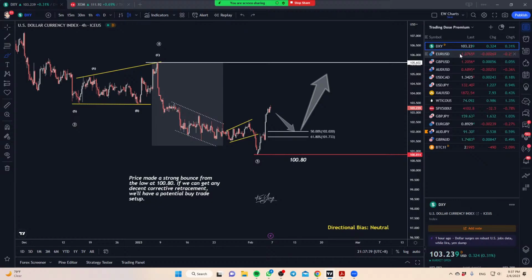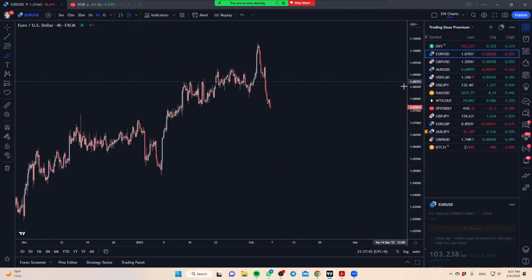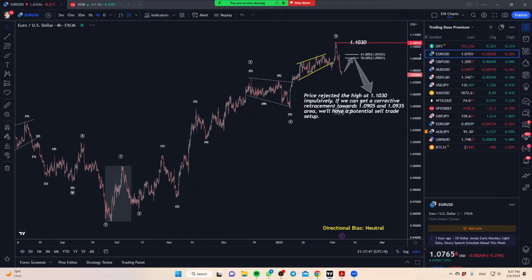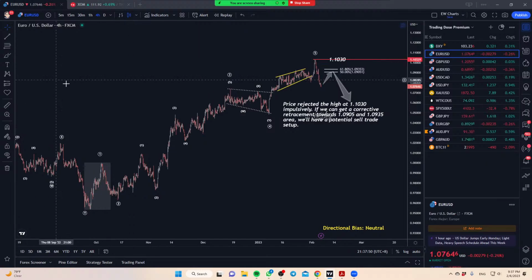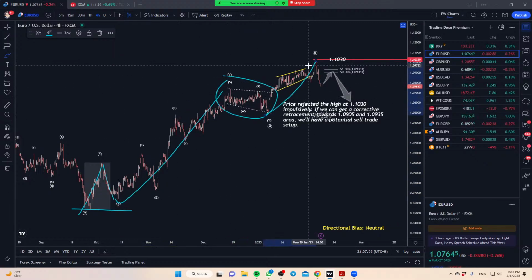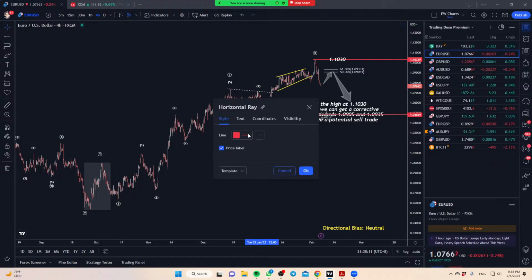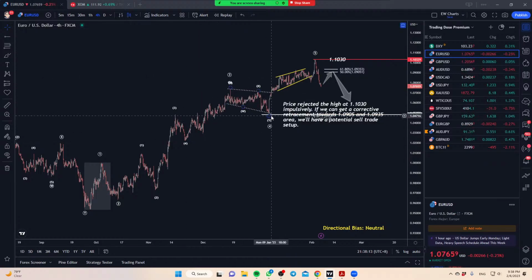So if you don't trade the dollar index directly, of course, then you can take note of the euro, kind of the inverse of DXY. If you look at the biggest structure over here, it's quite similar. At this bottom, we have the 1, 2, 3, 4, and then of course wave 5, and we can get a very decent rejection of that previous high at 1.1030. Right now, quite similar to the dollar, we anticipate that we can get a move lower back towards this bottom here at wave 4, which is 1.0480.